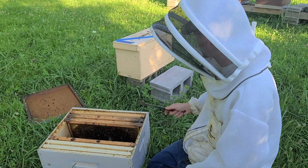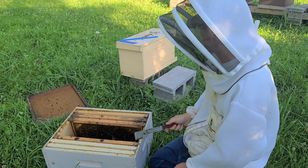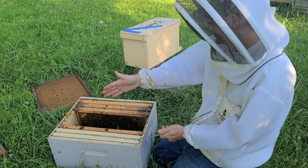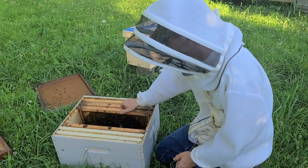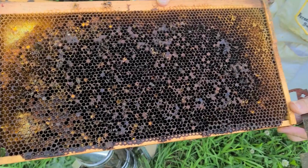Alright, so today what we're doing is we're moving this nuke into a single 10 frame box, but that's not the point of the video, but that explains why we have a telescoping cover, a bottom board, and a box here in the grass. But so this is a frame, so if Megan can get a good picture,